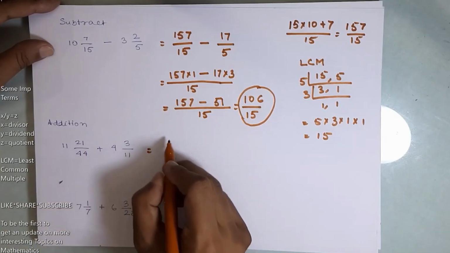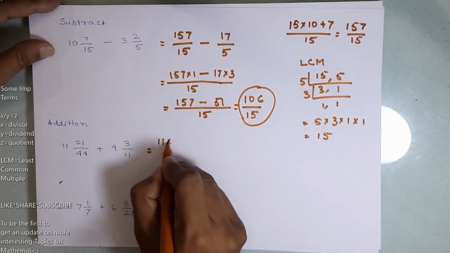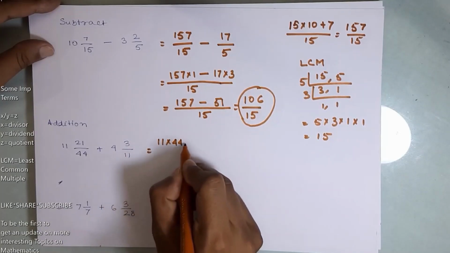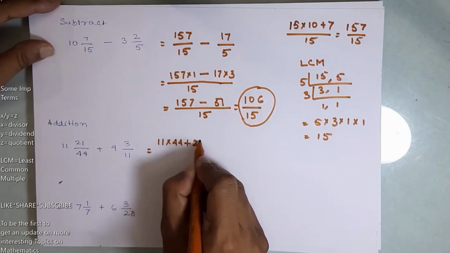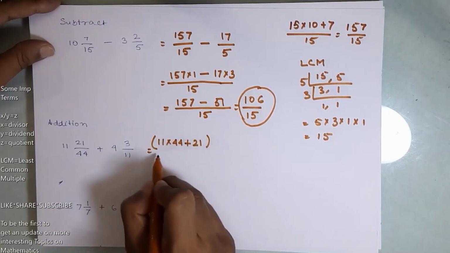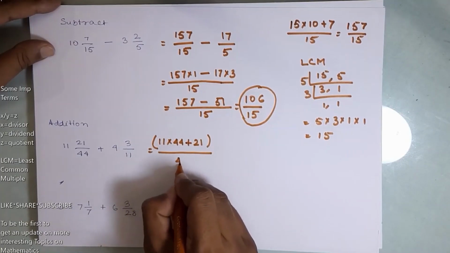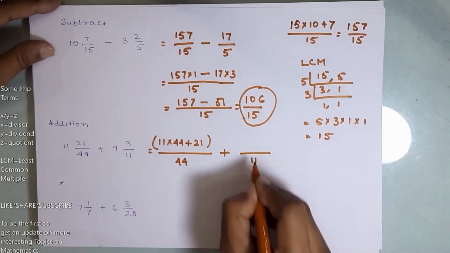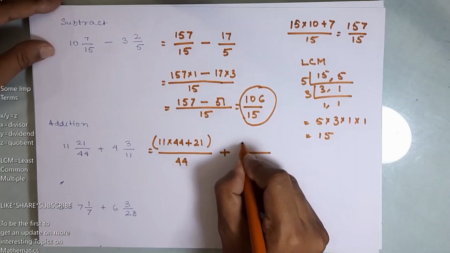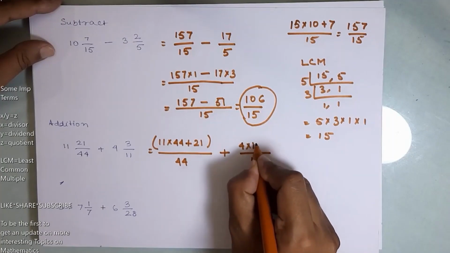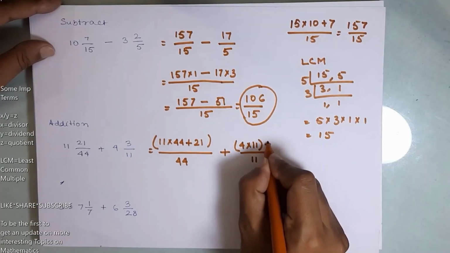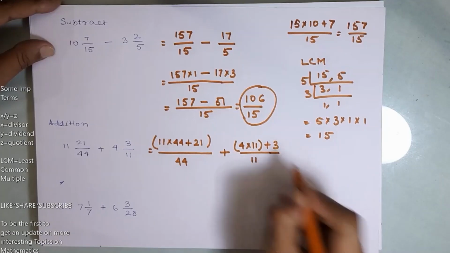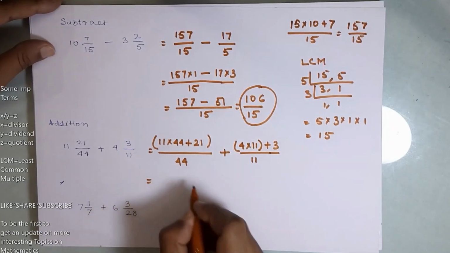Let us do that. So 11 into 44 plus 21 will be the value for the first fraction. For the next fraction, the denominator will remain the same. The whole number will be multiplied by the denominator and then added to the numerator. So it will be